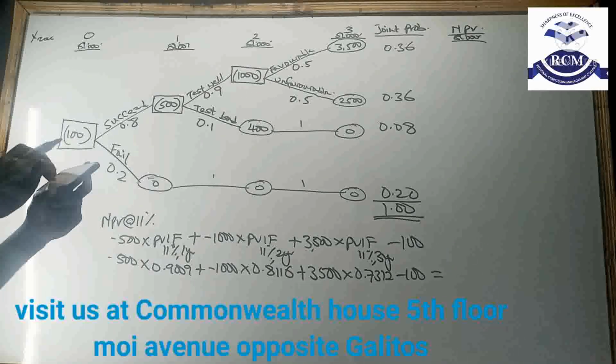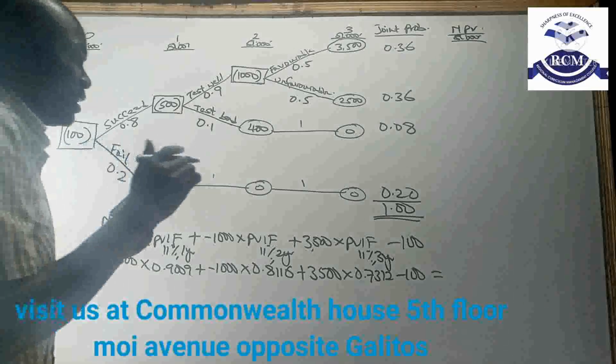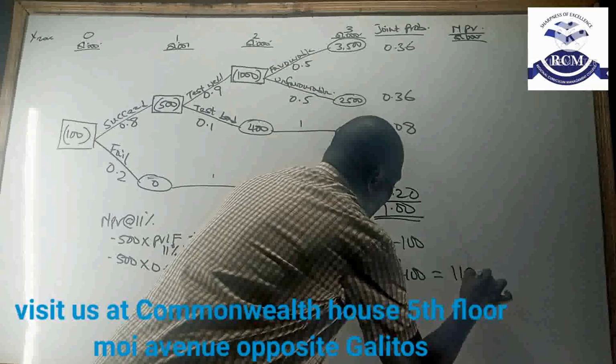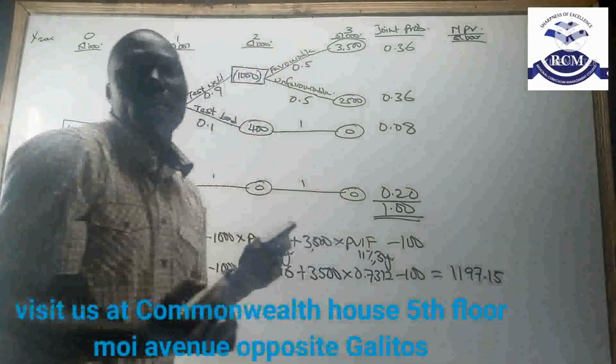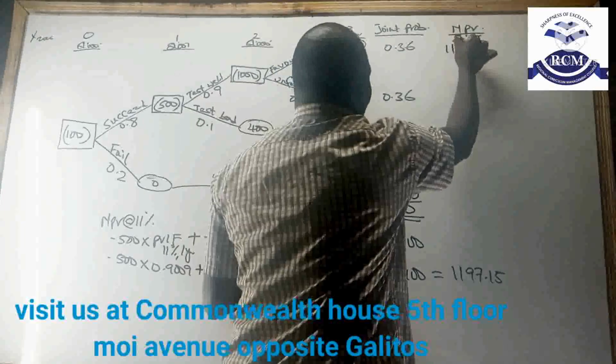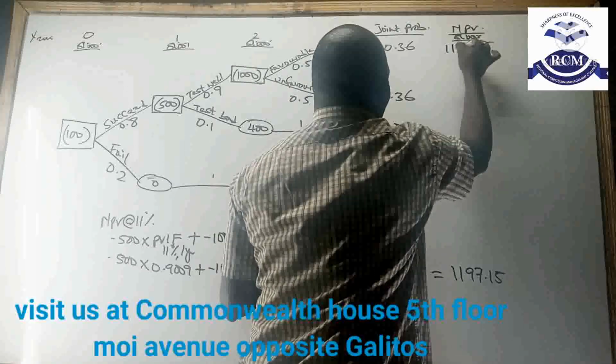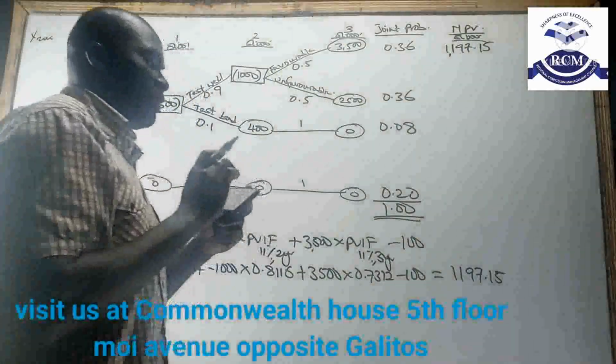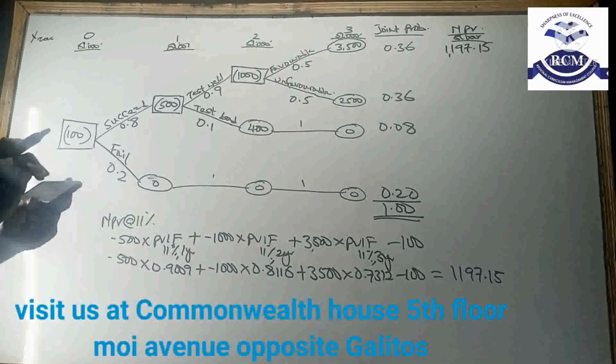We subtract the 100 shillings, the initial outlay. I'm seeing 1197.15. So 1197.15, that is the first NPV. The second NPV,